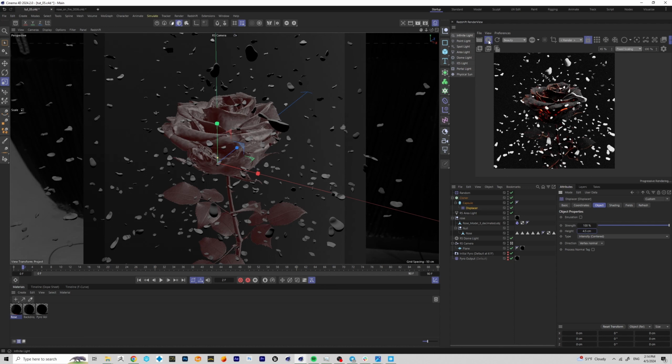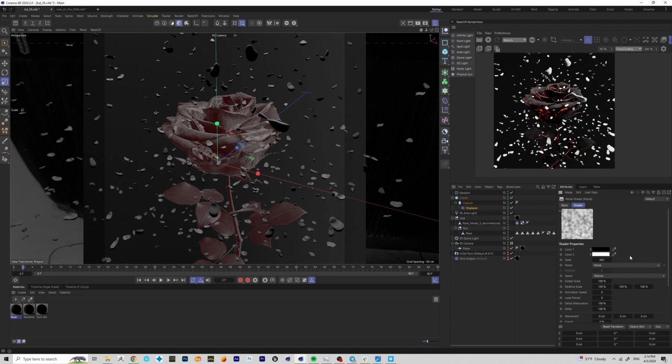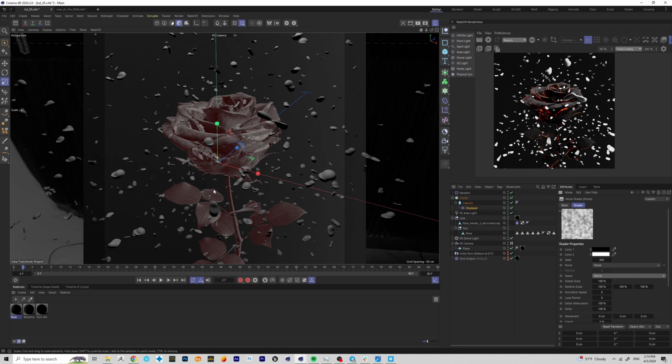I'm going to turn off my render viewer for a second. So everything changed look. I'm going to go to my noise and change my space from texture to either object or world,